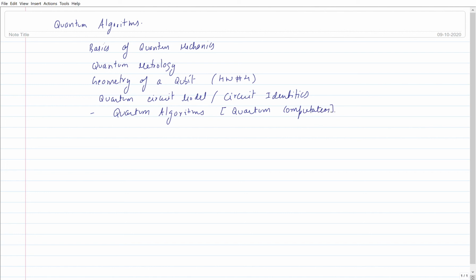And we'll keep going back and forth between quantum computation and quantum information. So for the next few lectures, we'll be focusing on quantum algorithms, and then we'll again use the quantum circuit model for things like quantum teleportation,